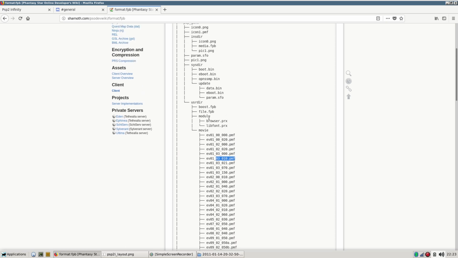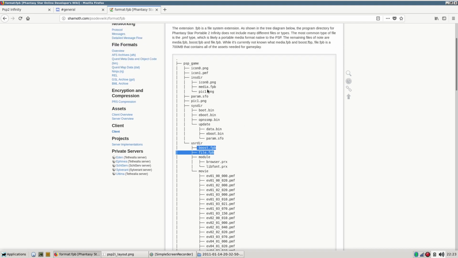But other than that, module PRX, and if you look closely, there's boost.fbb, file.fbb, and there should be one more, media.fbb. So all the game's files are in this one huge archive file, which is file.fbb. That's the entire file system on the disk in one file. So what the game does is